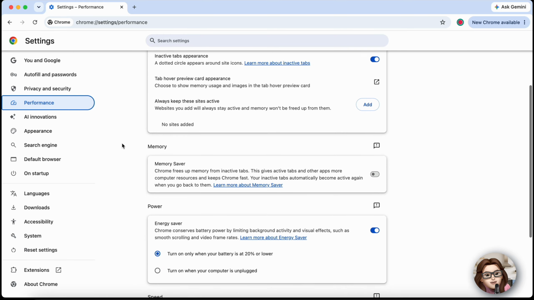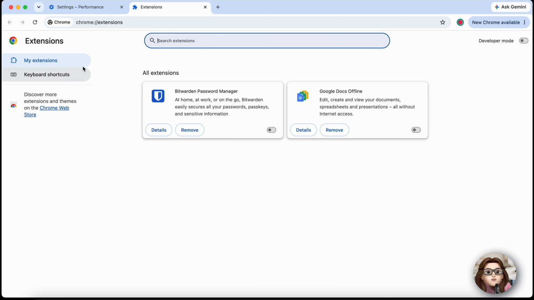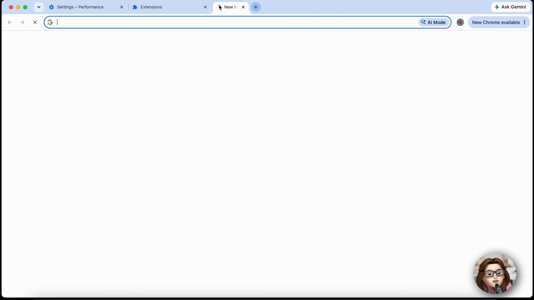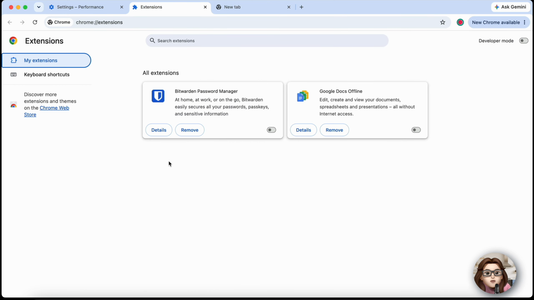Next, click the three-dot menu again, select Extensions, then choose Manage Extensions. Disable or remove any extensions you no longer use, as each extension can create additional Chrome processes and consume system resources. If Chrome still uses a large number of processes, press Shift plus ESC while Chrome is open to launch